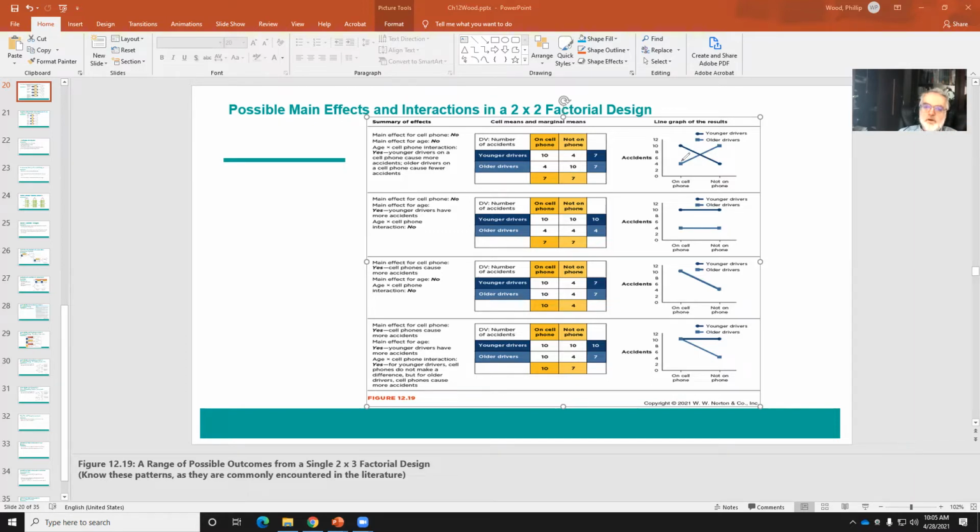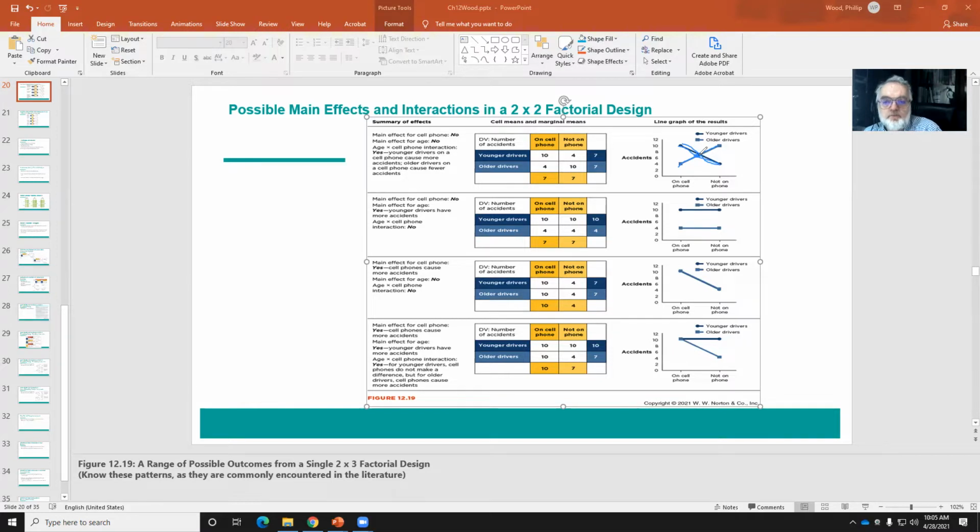Just to practice with this annotation, and let me know if you don't see this, the way that I generally tell people to do this is consider this group here. If I squeeze these two points and make a dot in the middle between these two endpoints, that's going to be the mean for, I believe, the older drivers. And if I do the same thing for this line here, these two data points actually lie on top of each other. So in terms of the main effect for younger drivers versus older drivers,